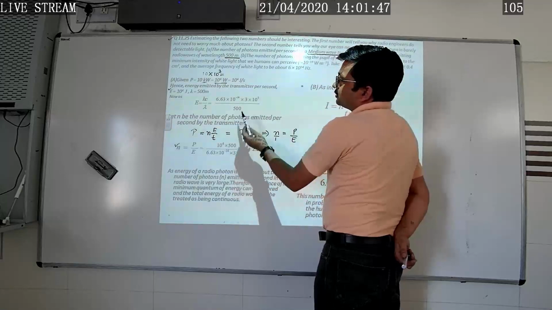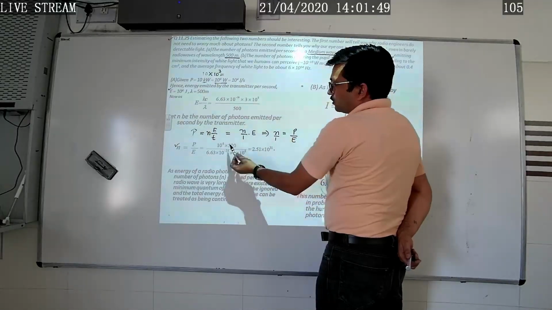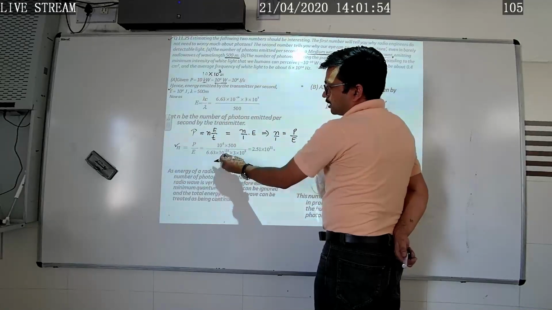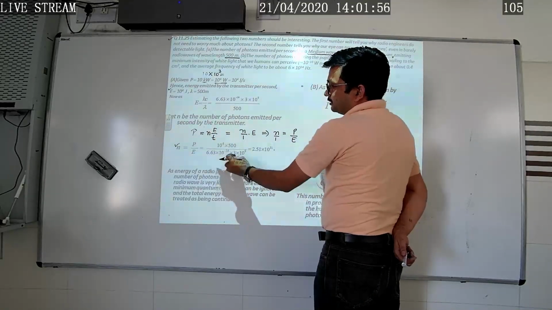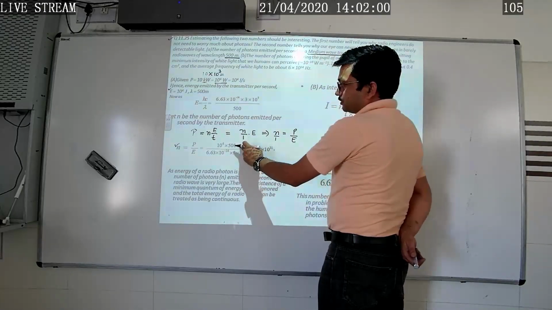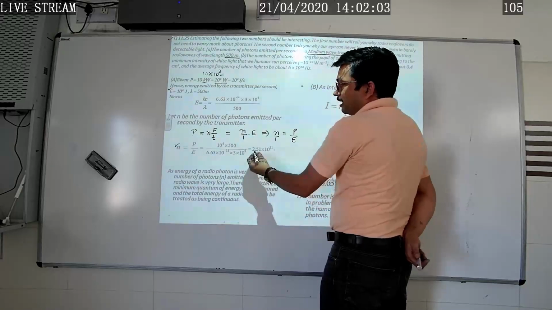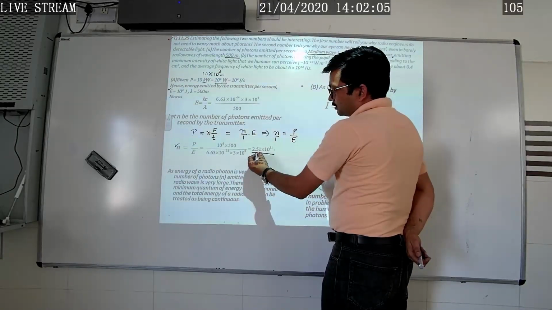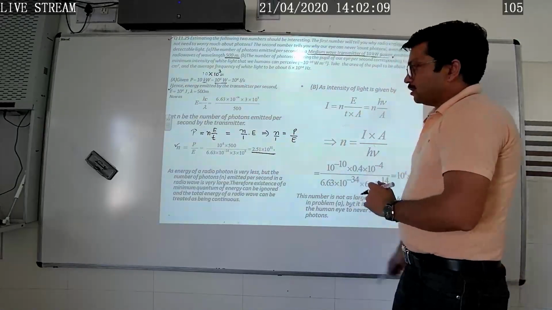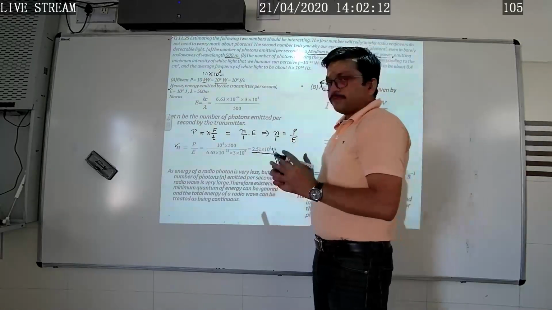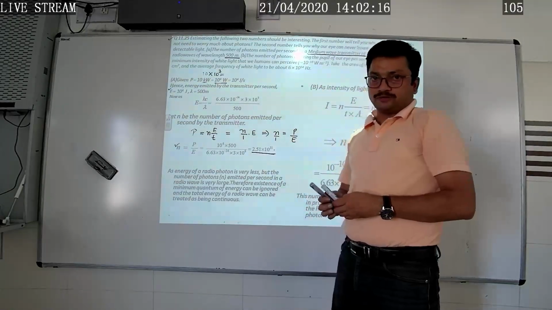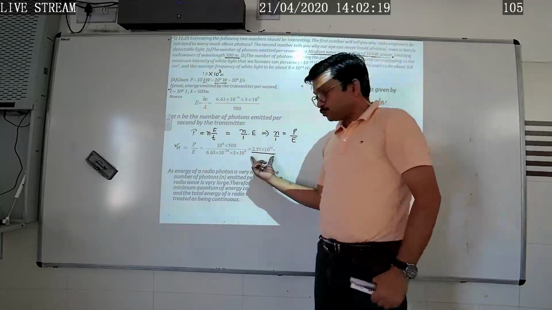P is given to us as 10 to the power 4, and energy is hc by lambda. If we put the value in the denominator, hc over lambda, lambda becomes the numerator here, so that's why 500 is multiplied here, and after calculation we got the result 2.51 into 10 to the power 31. Now see how large a number of photons are emitted by the transmitter per second. Now this value is per second.